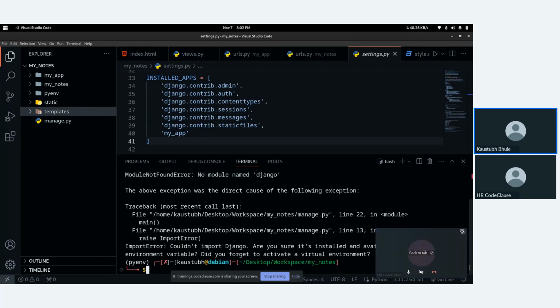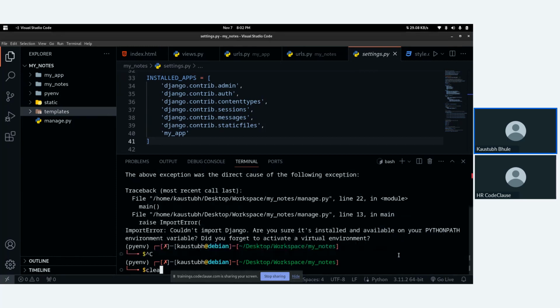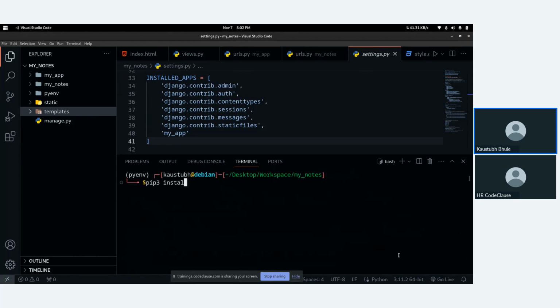So what we have here, import Django. Okay, so we have created a virtual environment, but we didn't install Django in our virtual environment. So we can do pip3 install django.